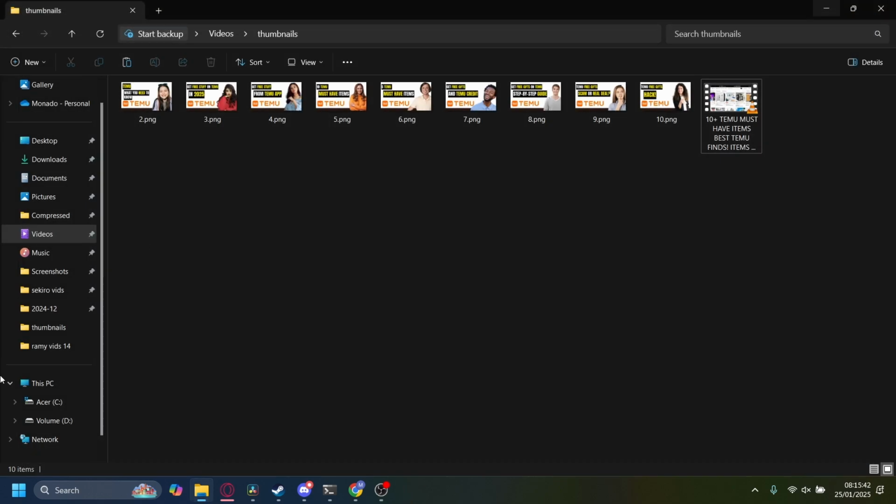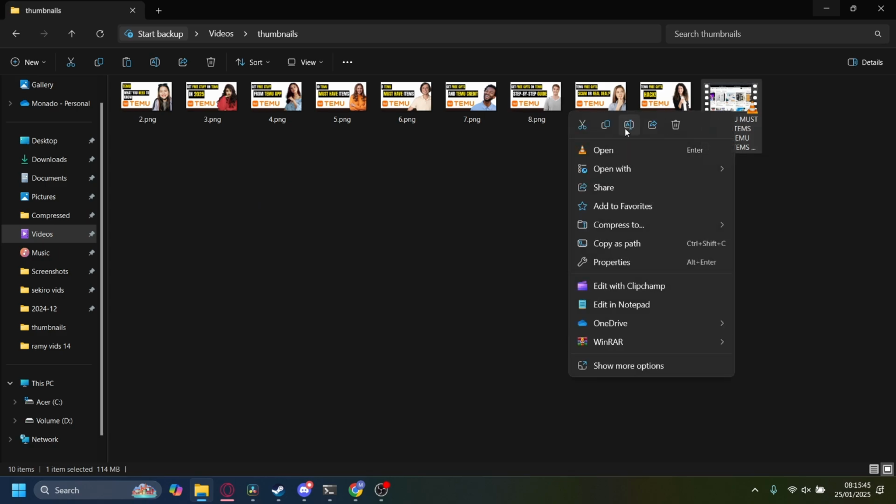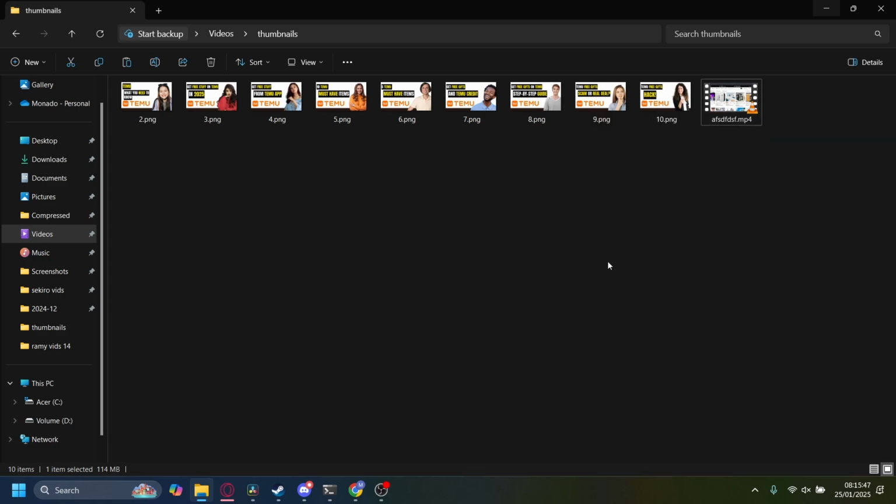So I'm just going to close media player, and now I'm going to change the name to whatever I want. So I'm just going to give it gibberish, and there you go. It works, right? But for your case, it might not be as simple as closing the media player because sometimes